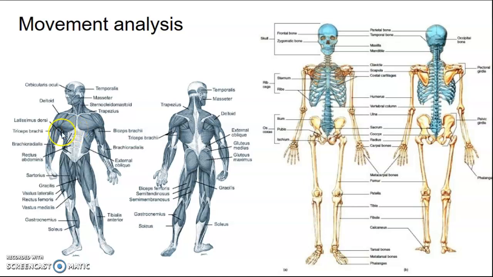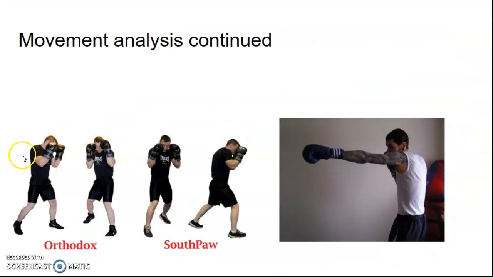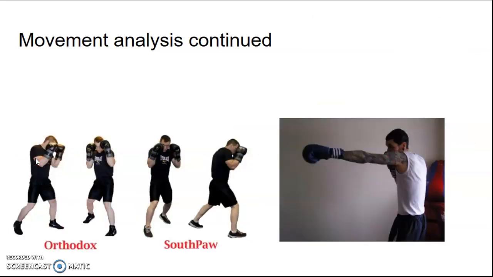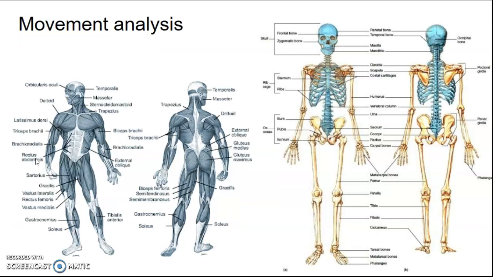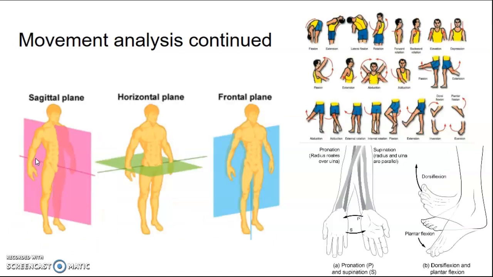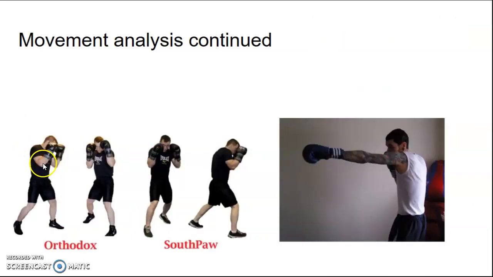Then the next stage is the adduction happens on the frontal plane. The sagittal plane is where the deltoid and the pectoral contract, which causes the arm to be slightly raised. This causes an abduction on the sagittal plane, and then going down to the elbow joint, which is where the